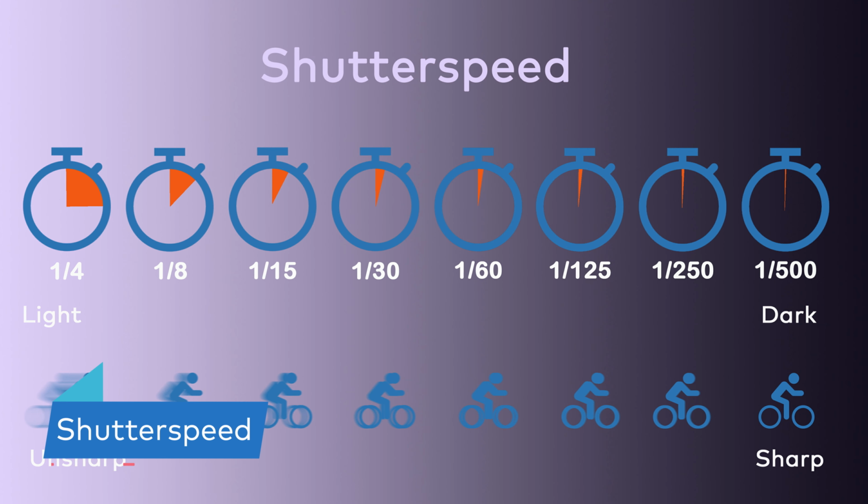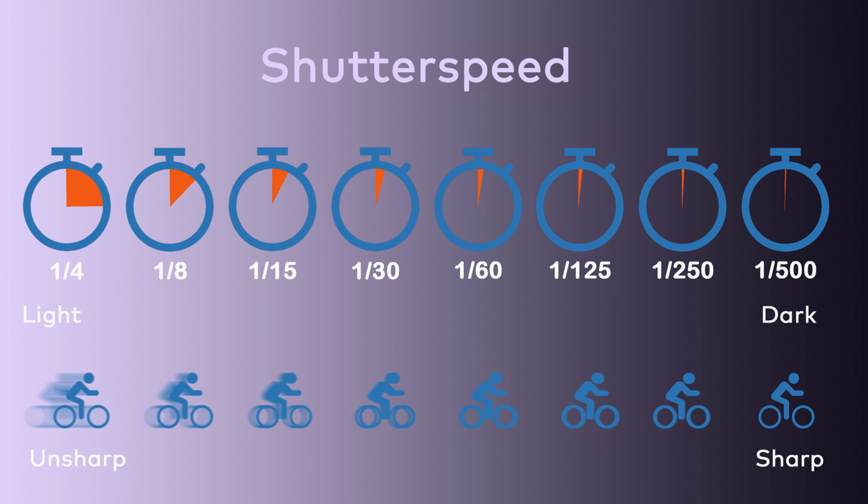Shutter speed is the time that the camera shutter is open to let light hit the sensor. Here you see a schematic view of a series of shutter speeds, from long, 1/4 of a second, to short, 1/500th of a second. The longer the shutter speed, the more light can fall on the camera sensor, and the brighter the photo becomes. With a fast shutter speed, little light falls on the camera sensor, and the photo becomes